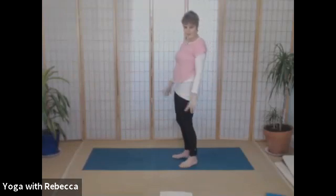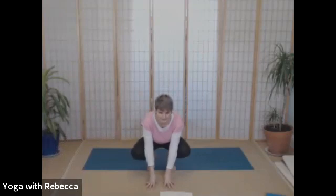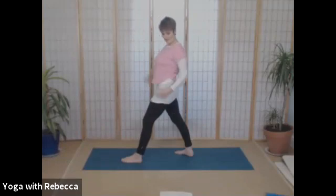Remembering you can always release your arms down. Just leave you for a couple of minutes. If it gets too much, do something else. Really lovely. Can you find stillness and contact, whatever version you're doing? Lovely, Claire. Fantastic. And then releasing, just coming out, having a nice little shake,